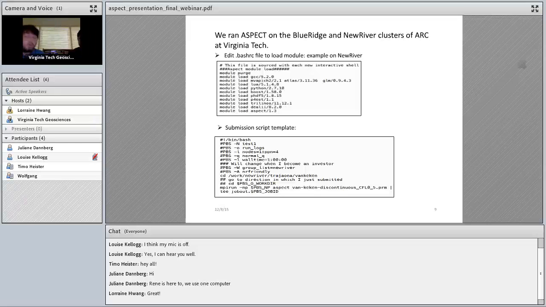But before we could run the file, we had to learn how we were going to do this on the clusters. There is the most recent stable version of Aspect loaded as a module onto both clusters, Aspect 1.3, which we used for the first part of the class. In order for that to be used, we had to find out all the other modules, all the other parts that needed to be present before Aspect could be run. So we learned about the bashrc files, being able to know that whenever we logged in, all the modules that we needed would automatically be loaded and in place so that we wouldn't have to worry about